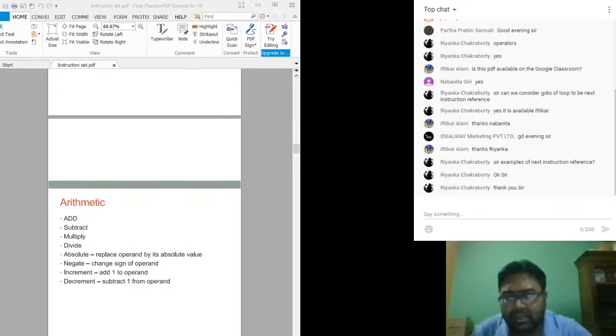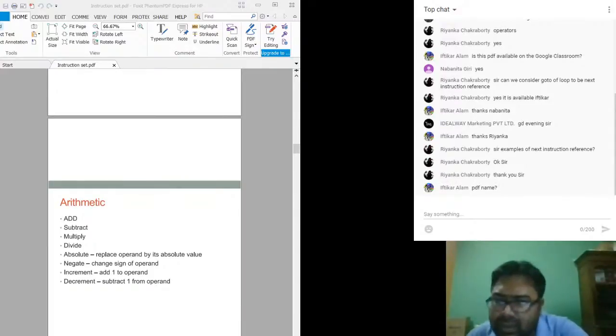You have seen the datasheet of this 8086, where there were only some 120 instructions, right? The PDF name is instruction set. I have just shared the PDF before the start of the class.